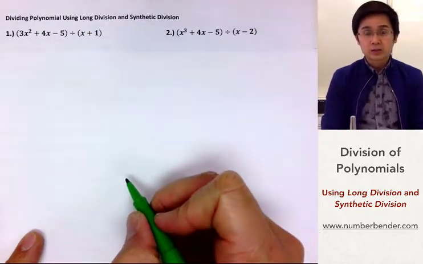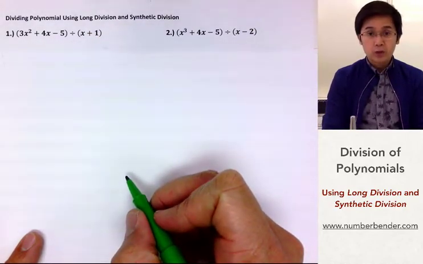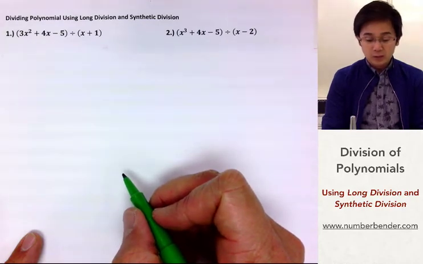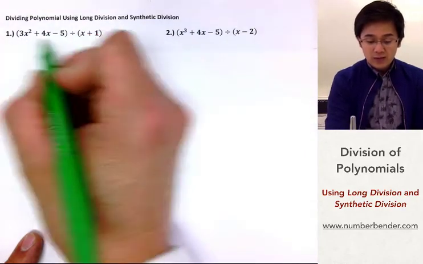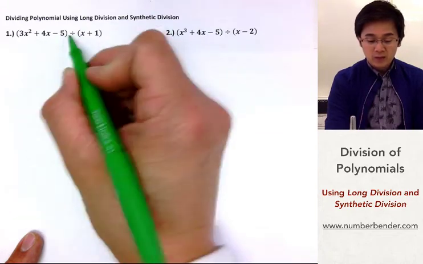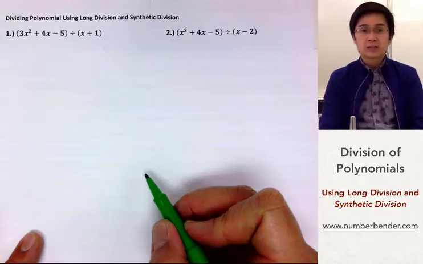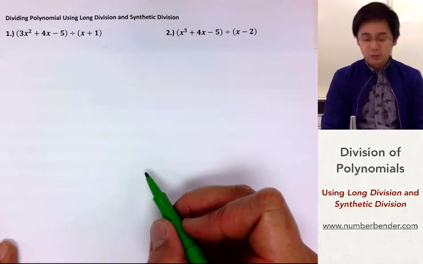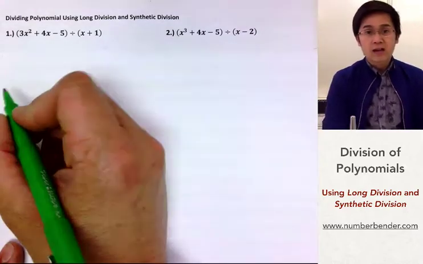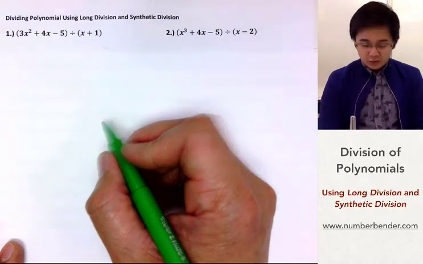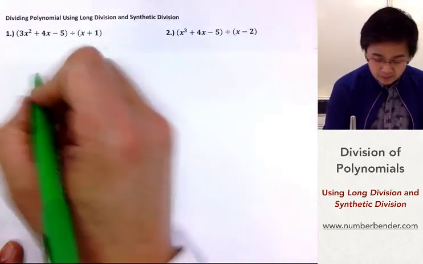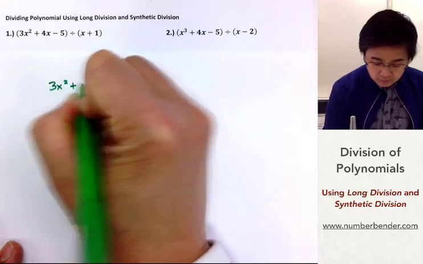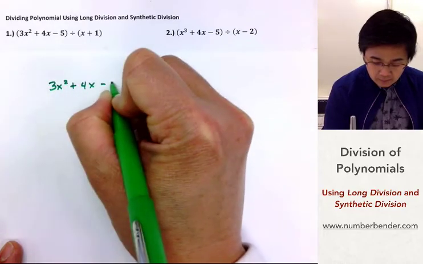The first thing that you need to check is whether your polynomial is in standard form with no gaps in between. So if I have x squared, I have x to the first power and a constant. This is a complete set of my polynomial, so I don't need to worry about gaps in between them, and you will encounter that on the second example later on. So for the first problem, we are dividing 3x squared plus 4x minus 5